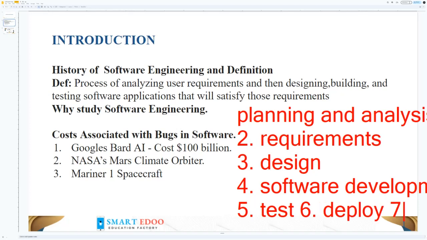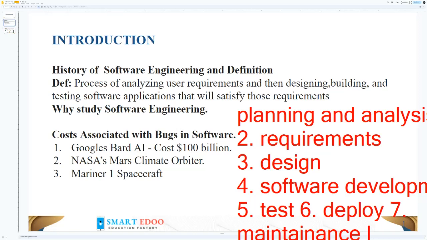Then seven is what we call software maintenance.